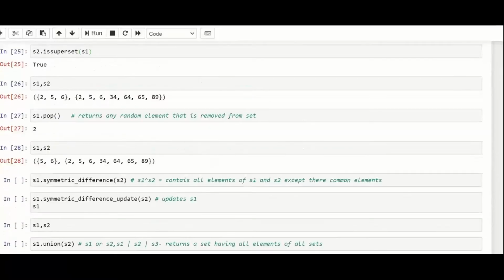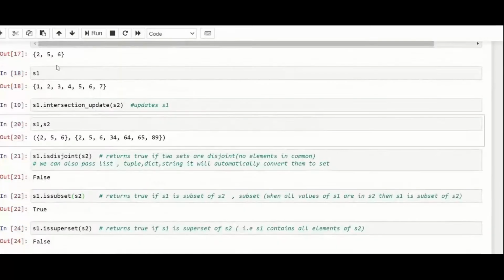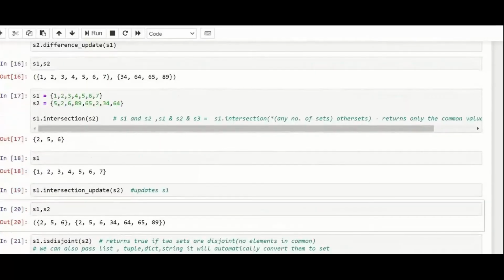If you are calculating the intersection, we perform a simple operation, s1.intersection(s2). It is quite easy to do and will take a few seconds to run, whereas if you do the same operation on a list, you need to write a for loop and perform a check whether this element is equal to that one, and all that.